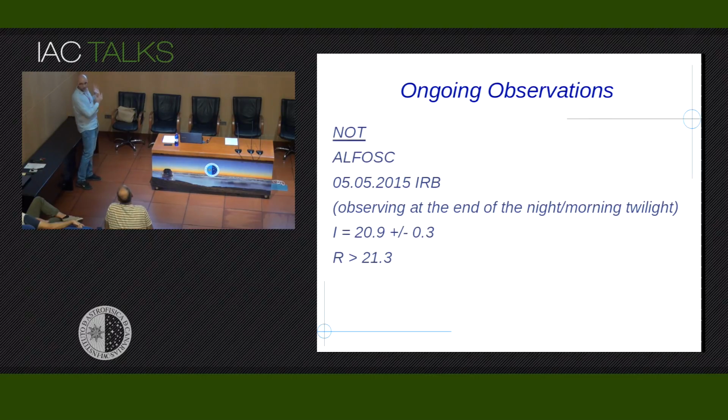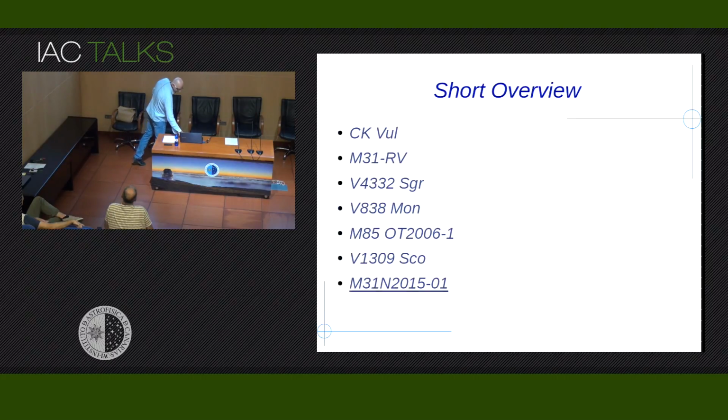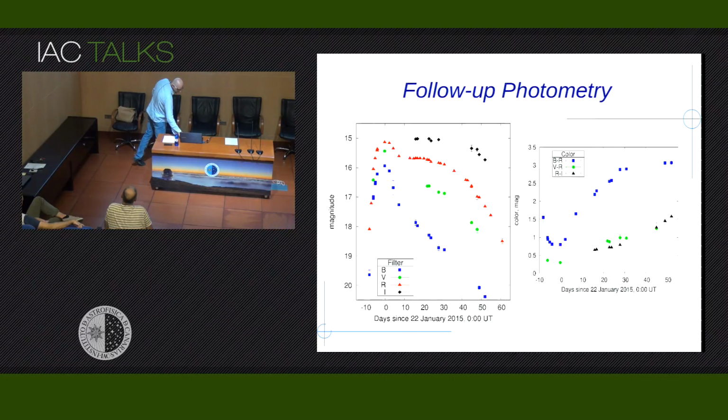Right now, the object is getting into magnitudes that are really in the realm of bigger aperture telescopes, especially if you want to do spectral monitoring. And just to illustrate quickly, for the I-band magnitude, the last observation that we have is, let's say, 16 to be conservative. Right now, in the time that Andromeda was not observable, we have 5 magnitudes decline into